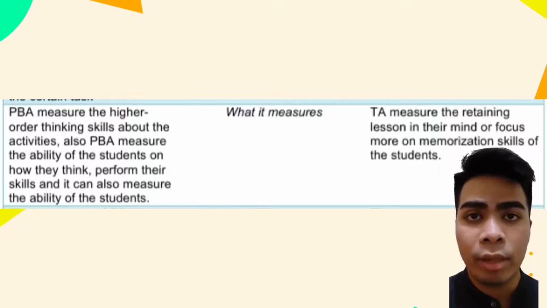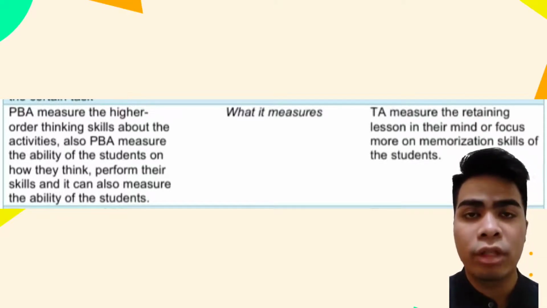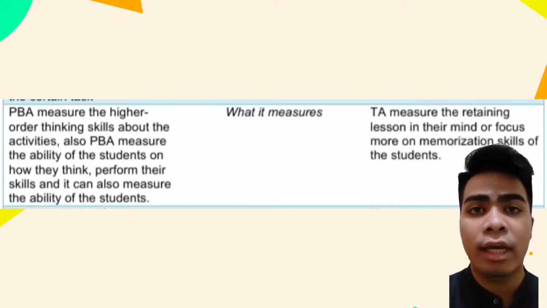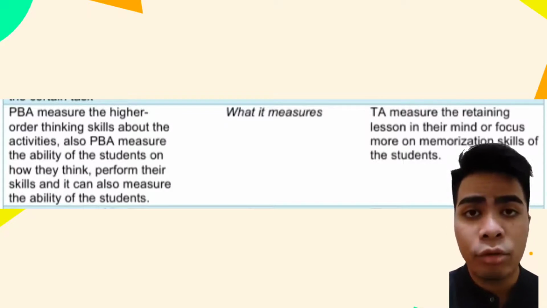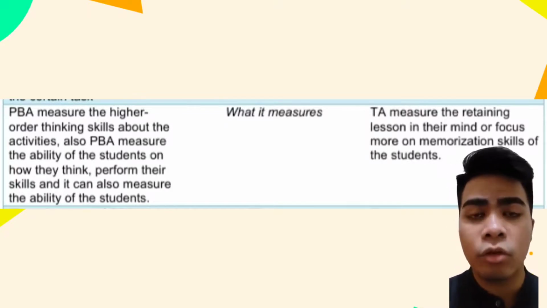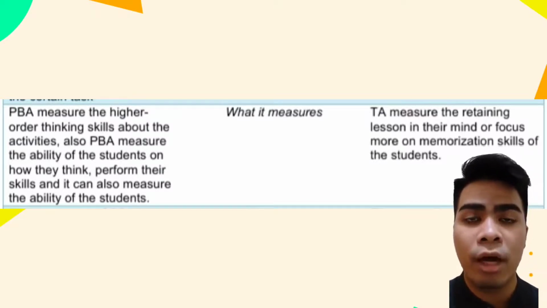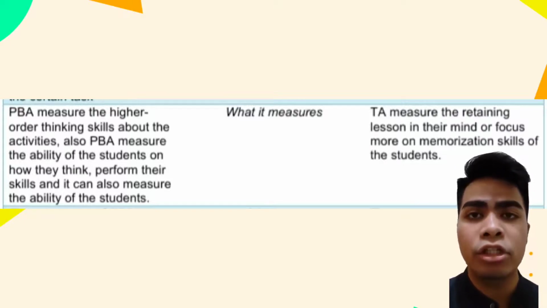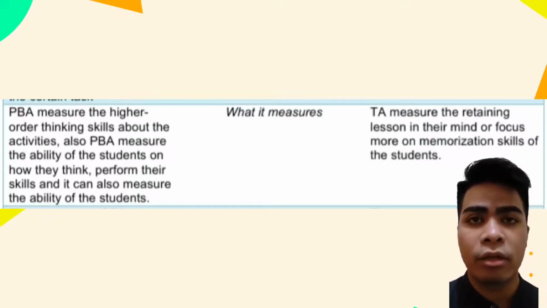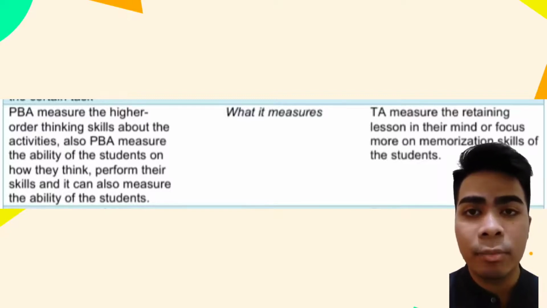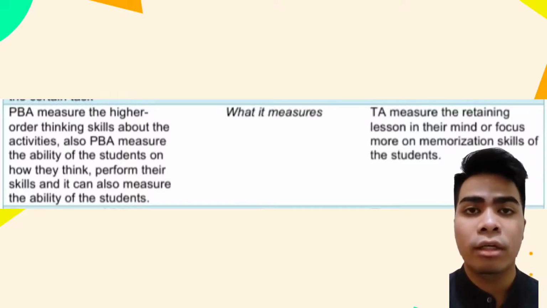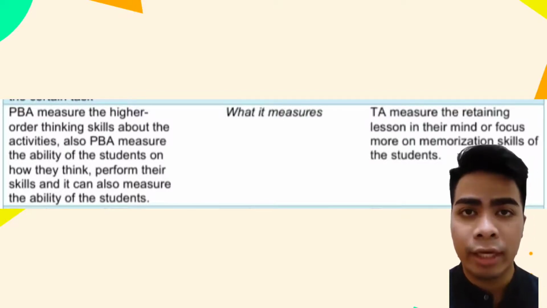So ito po yung ginagamit para ma-measure yung knowledge ng mga estudyante, kung may natutunan sila sa lesson or na-retain yung mga informations sa kanila. And kung na-gets nila yung mga informations na ating mga tinuturo sa mga bata. So yun po ang mini-measure ng traditional assessment or TA, yung knowledge po ng mga bata, and yung talas ng kanilang isip kung may natutunan ba sila sa lesson or sa isang subject. Yun po.